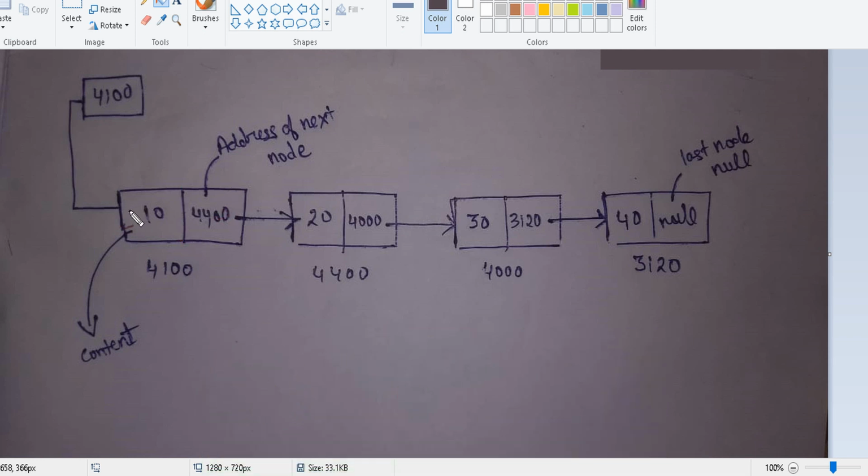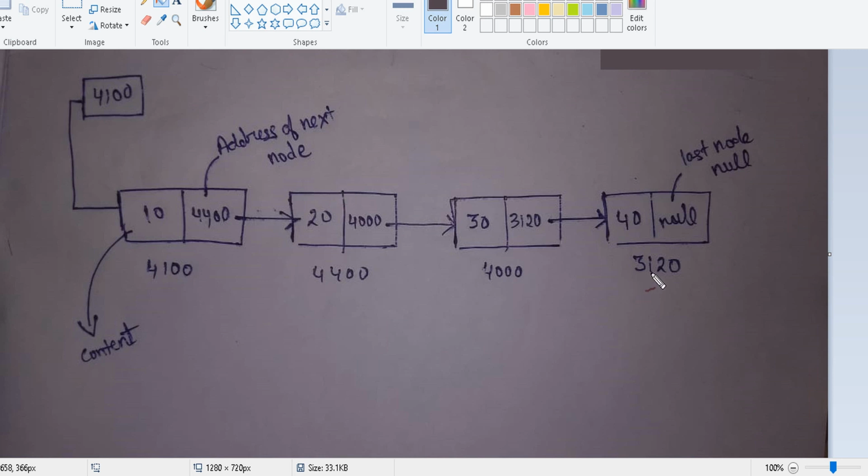So this address will be pointed to by the previous node, and this address will also be pointed to by the previous node. So you can actually divide the node in two parts: first is the content and second is the address of the next node.